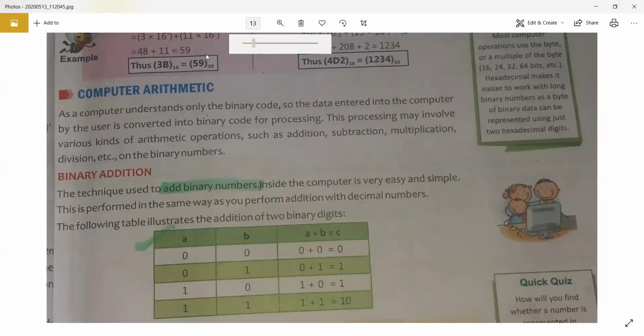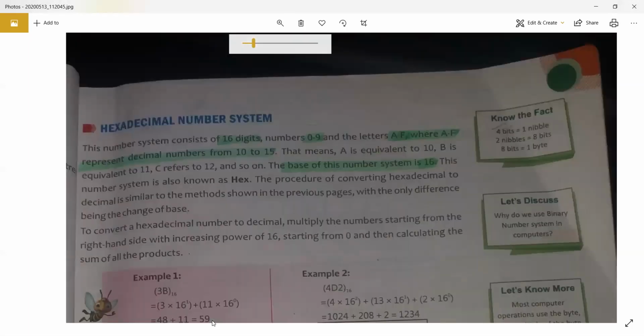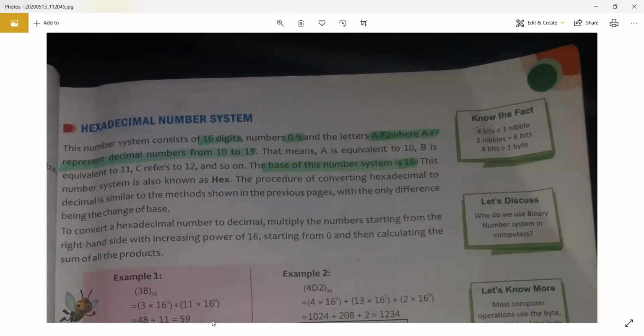the hexadecimal number system. Okay, so what was the need of the hexadecimal number system? Beta, in the decimal number system we have digits 0 to 9, that means a total of 10. So in this, beta, we have a smaller number of combinations, because in computers we have scientific calculations also. We used to do so many things which require so much data processing. So to increase the number of combinations available for data processing, we required a 16 digit format.